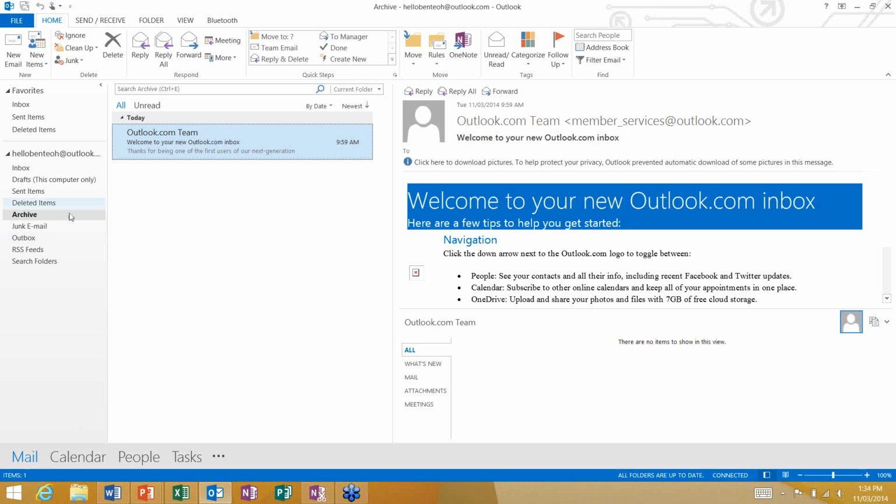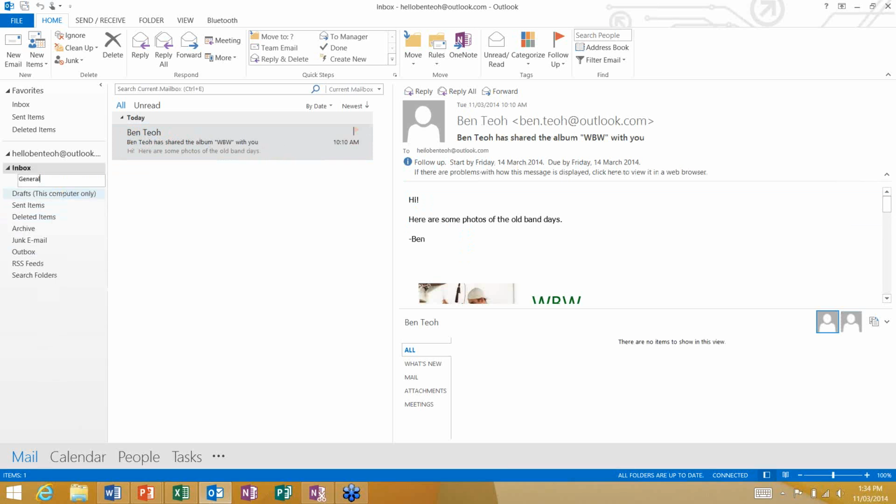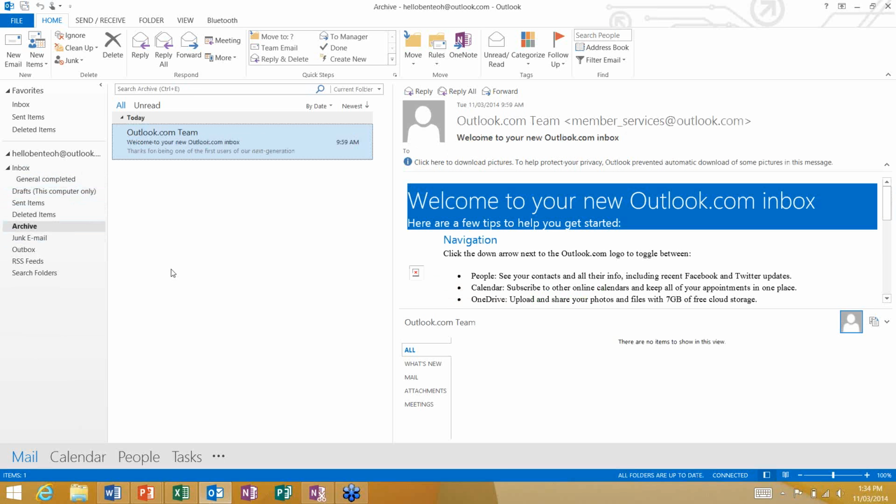If I wanted to, I could create a new folder and change that to something else, like a general or completed folder, and I'd throw it in there. But archive is generally something that you would use as an auto feature, auto archive, or you might want to set up a rule